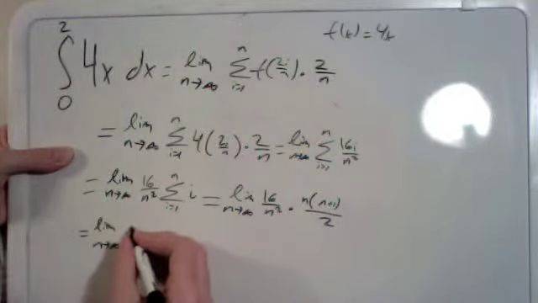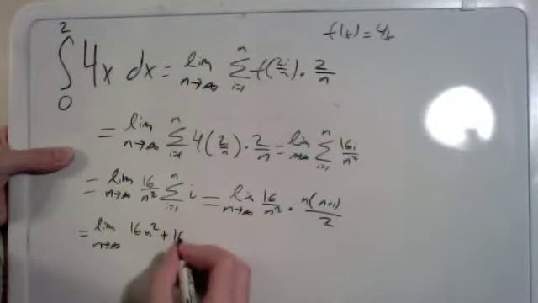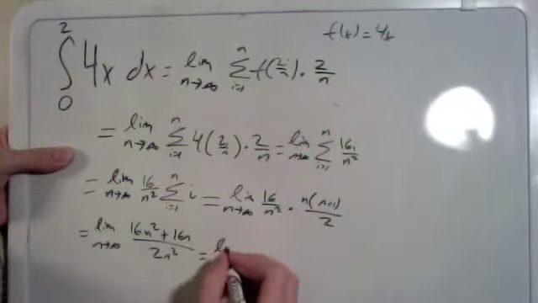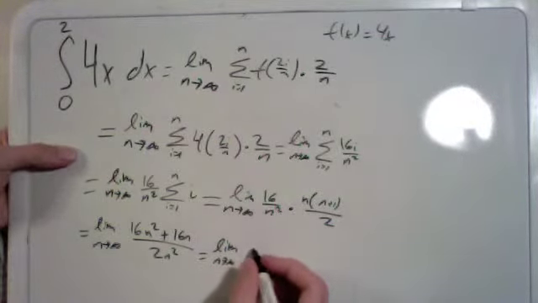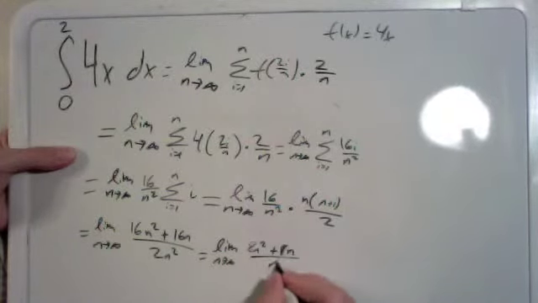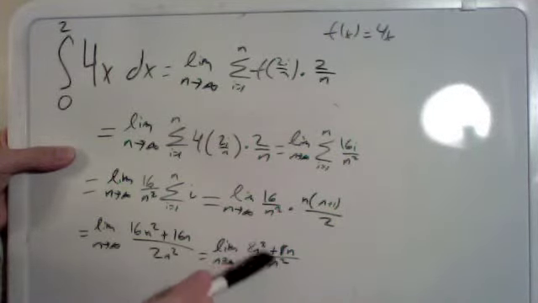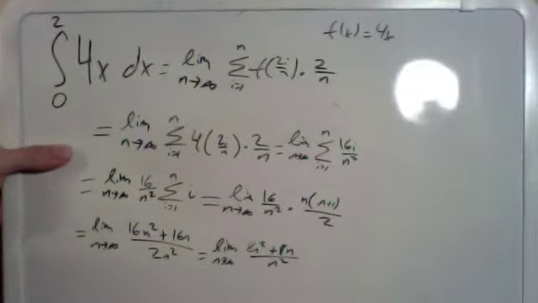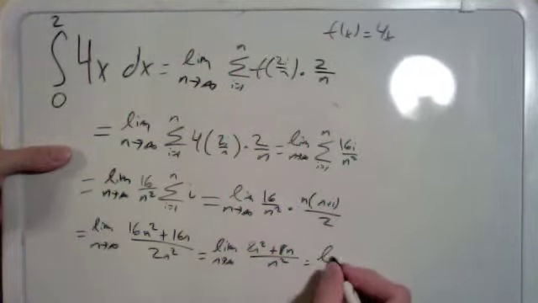So now we just multiply all this out. It's going to be equal to 16n squared plus 16n over 2n squared. We'll simplify it again. It's going to be 8n squared plus 8n over n squared. So now what we're going to do is divide each term by n squared, because if we try to evaluate this right now, we'll get infinity over infinity unless we use some method like dividing everything by n squared. So that's going to give us the limit